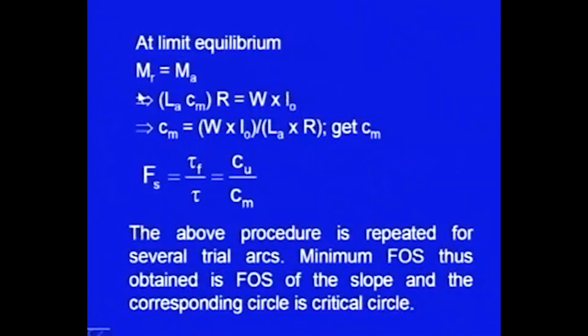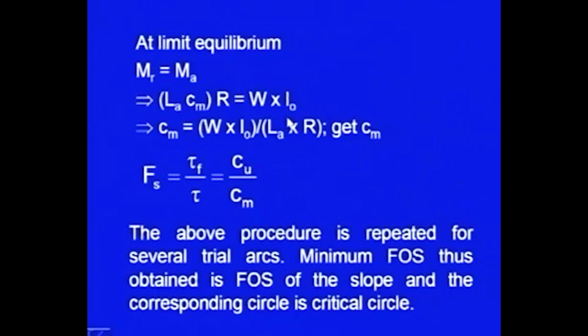This is our assumption in limit equilibrium method. So, L A into Cm into R will be equal to W into L0. From there you can get the mobilized cohesion. Cm will be equal to W into L0 divided by L A into capital R. So, from this expression you can get that mobilized cohesion Cm, which is required to keep this slope stable